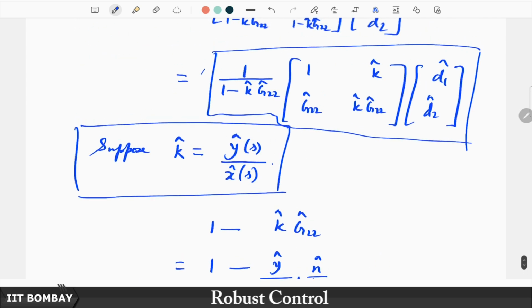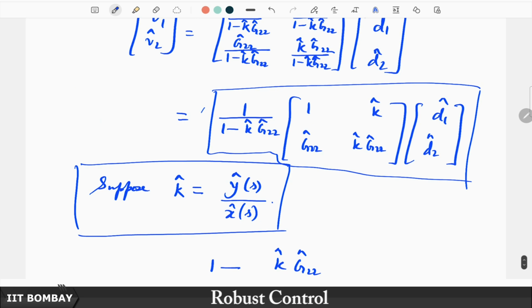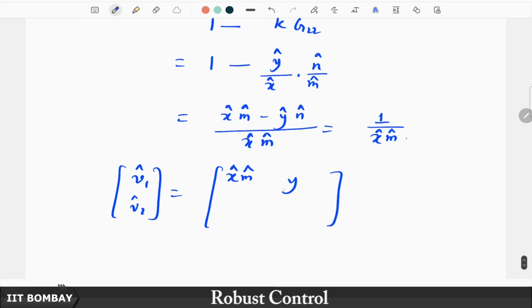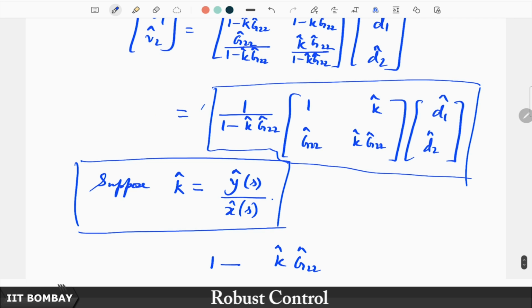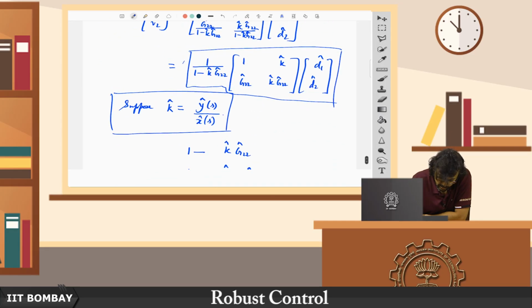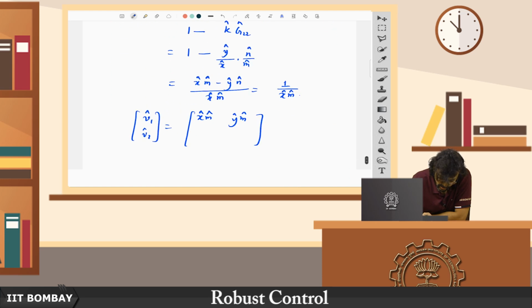You can check, yeah. So, k hat is y hat by x hat into x hat m hat, that is y hat m hat. Similarly, g22 hat is n hat by m hat. So, n hat by m hat into x hat m hat,